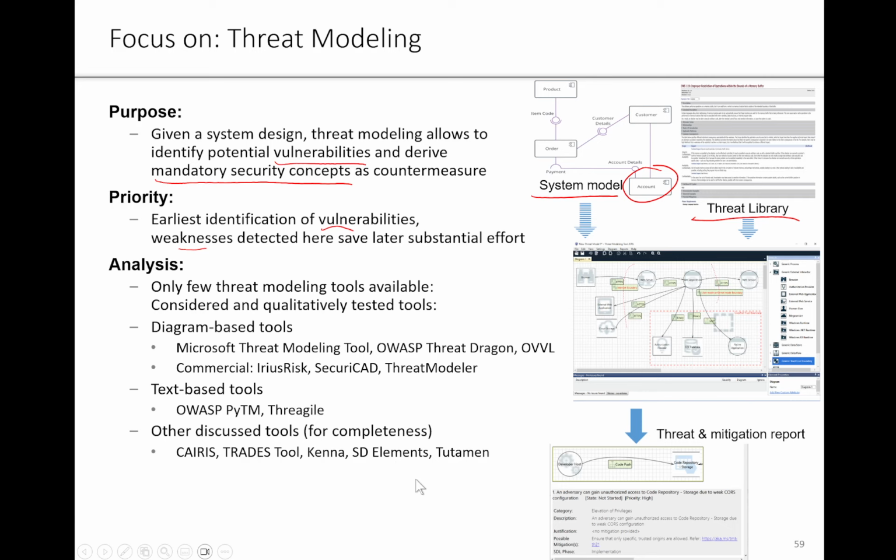So there are only a few tools available, let's say 10. Not much more. There are some diagram-based tools, as you see here, that you can drag and drop, as in Visio or in PowerPoint, the corresponding elements. That's Microsoft Threat Modeling Tool, OWASP Threat Dragon, OVVL, a product resulting from a bachelor thesis, and I think a master thesis afterwards. There are some commercial ones, SeriousRisk, securiCAD, ThreatModeler,